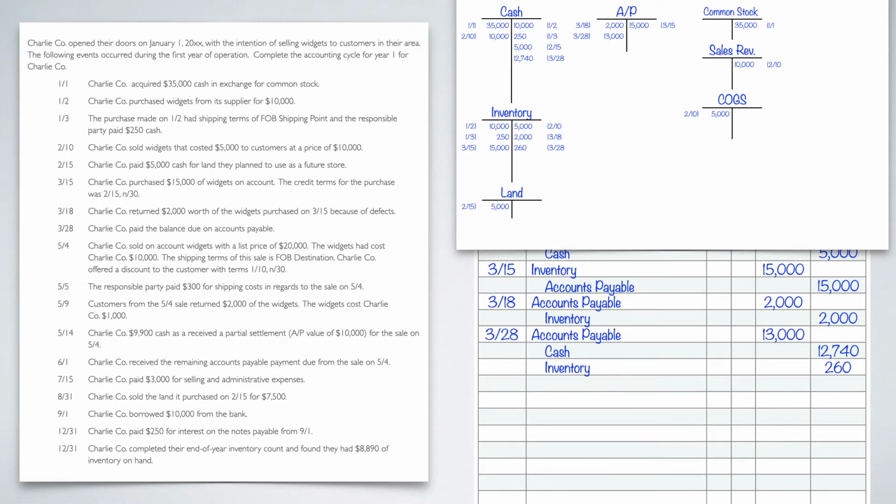The thing that I care about right now is the fact that I sold some. So I need to do a journal entry for that. And so the first one is, is cash being affected? No, cash is not being affected here because it's on account. So what are we expected to do with that cash at a later date? Well, we're expected to receive it because somebody owes us the money. So it's an accounts receivable. So I'll say 5.4, accounts receivable. And again, for the higher amount, 20,000, it better be the higher amount. All right. The other side, or its counterpart, is, well, we earned that 20,000. We actually did something for it.